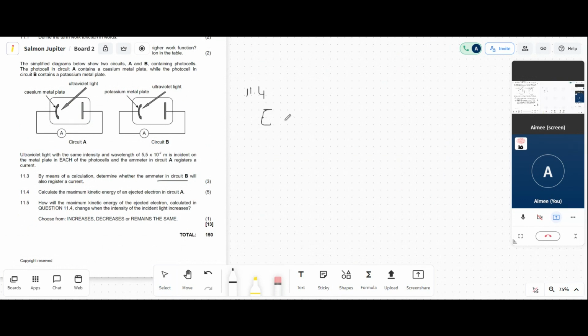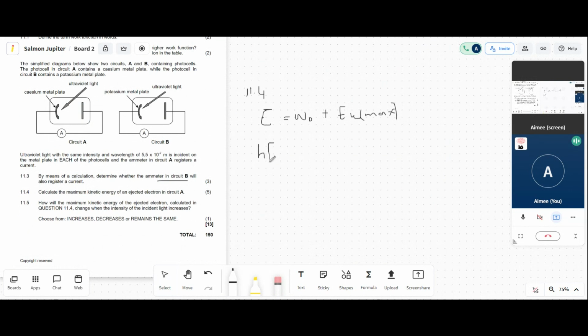Energy is equal to work function plus EK max. And EK max is what we're looking for. They want the maximum kinetic energy. So we say